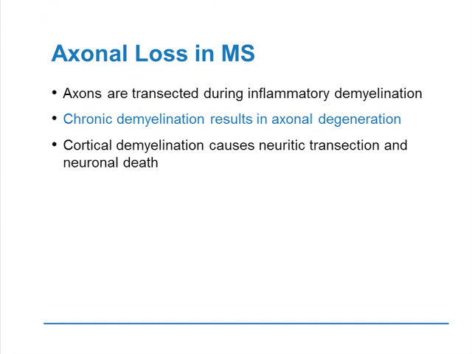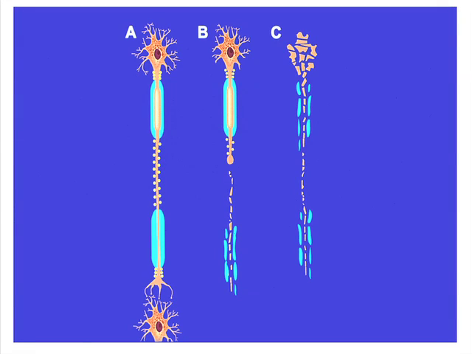So let me change now to chronic demyelination results in axonal degeneration. And this is a hard thing to prove in the human brain, because we'd have to sample axonal numbers at different time points, and of course we don't have the ability to do that. So I'm going to present some data that supports this concept, and that is, as shown in A on the